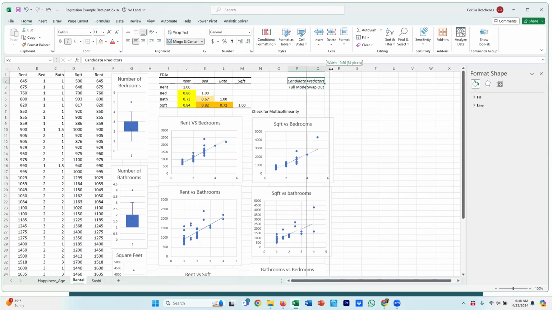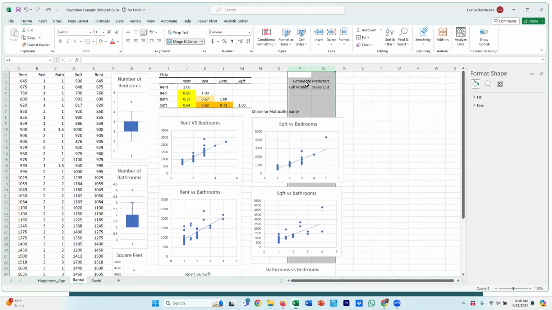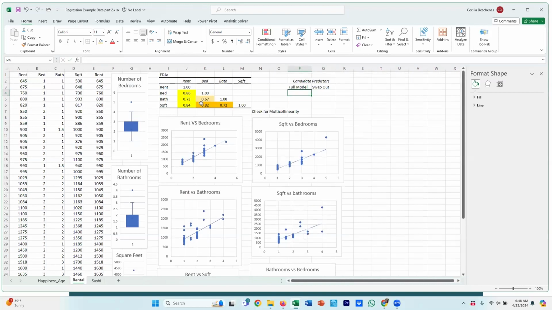Okay. So we have the full model. Let's make these a little bit bigger. All right. And the full model, we have to pick one. So I think this implies bathrooms and bedrooms are close enough that we don't want to include them all, at least initially. And we may come back and test it later. We'll see. So I would say we have to pick between square foot, bedroom, and bathroom to be our initial